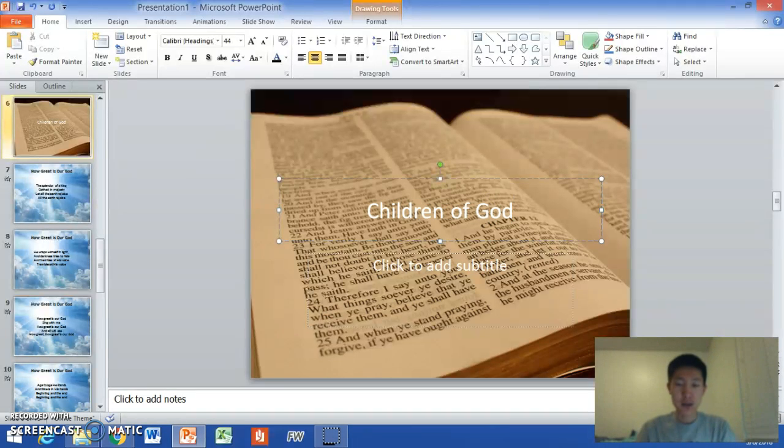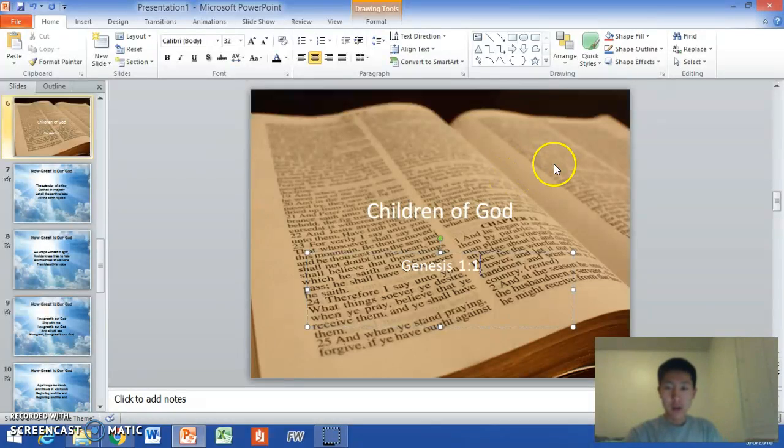So let's say if that's the title of the sermon, then we would adjust the background images, but also you can play around with the font color, size, and whatnot. And then for the subtitle, I could do the Bible verses, the Bible passage that the speaker will be giving the word on. So let's say Genesis 1:1, and there we go.